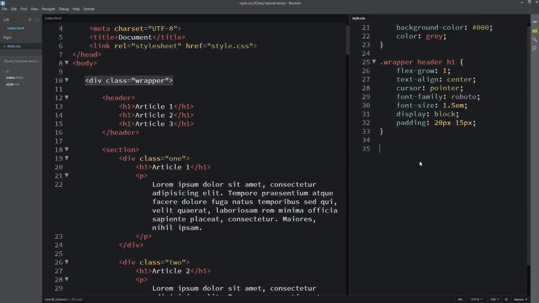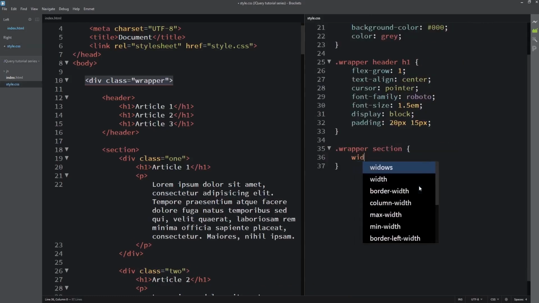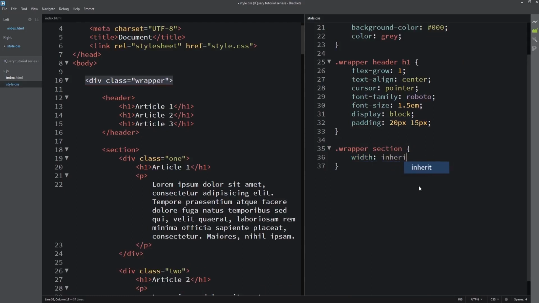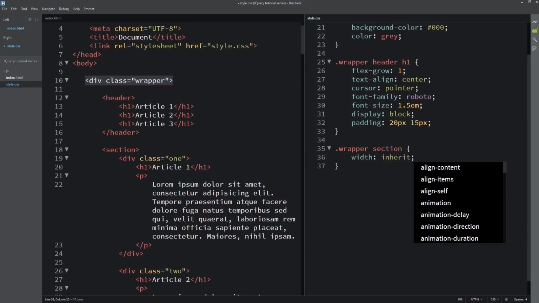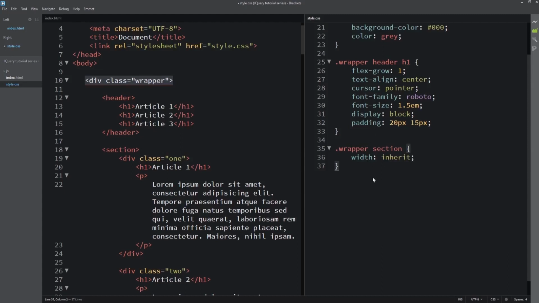I'll come here, I'll say dot wrapper section. Then I'll make the width inherit. So the width will inherit the width of this wrapper. I will come down to this place and target the div inside this section.